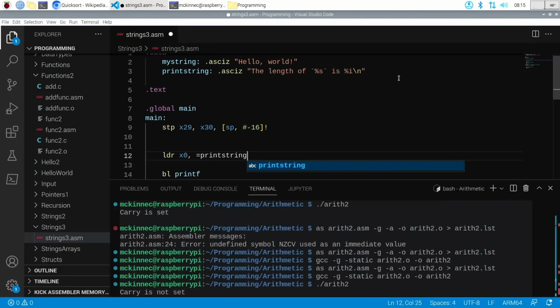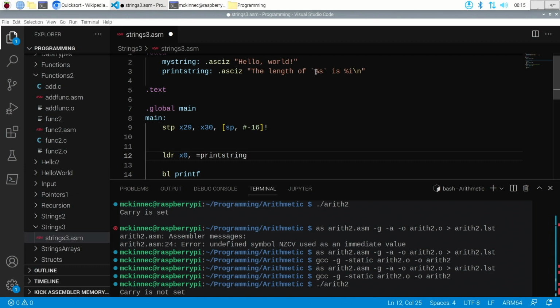The address of print string, right? I have to give it a pointer. No. That will go in X1, as we'll see in a second. Okay? So the format string is print string. The hello world string I called my string. Whatever, those are just names. But X0 has to get the address of the formatting string, and then in the formatting string, what am